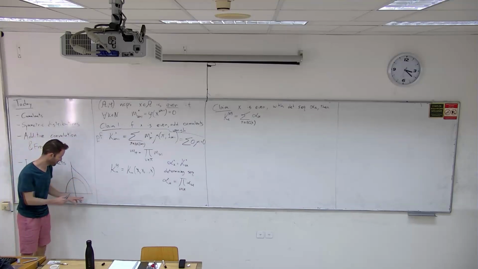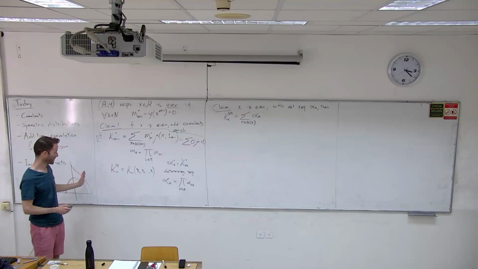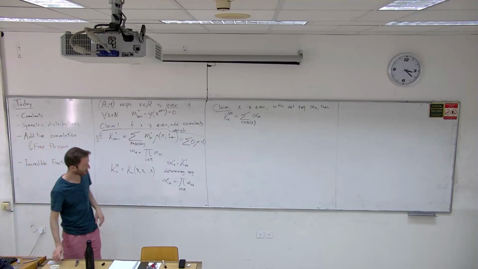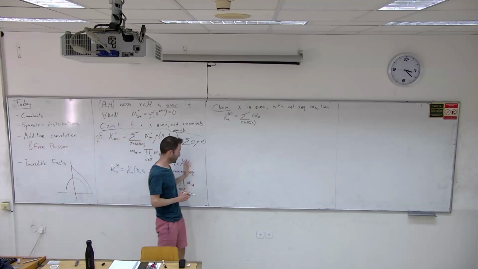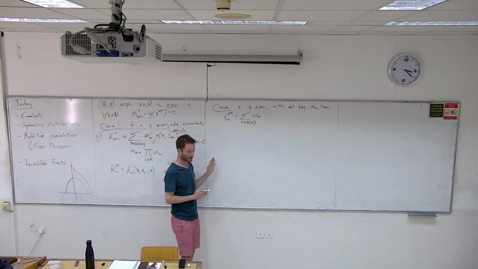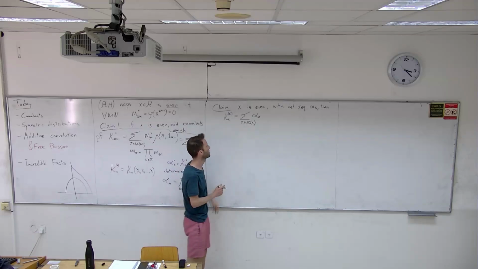The proportions here are wrong, but it's only on the positive side, and you know how the moments look. This is pretty easy. We'll talk about it soon, but the cumulants have this formula, and